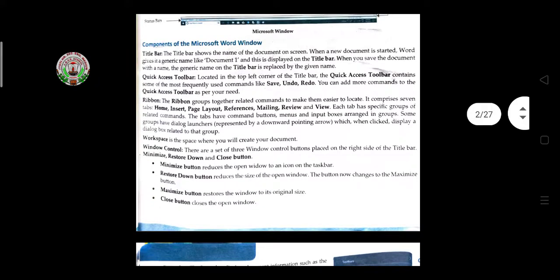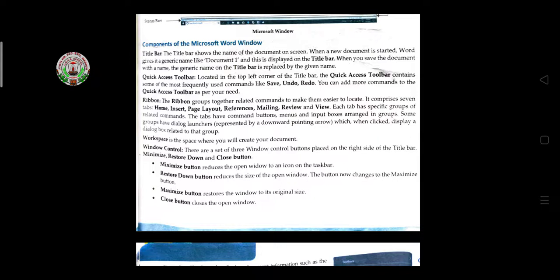Then ribbon. The ribbon groups together related commands to make them easier to locate. It comprises 7 tabs: Home, Insert, Page Layout, References, Mailings, Review, and View. Each tab has a specific group of related commands. The tabs have command buttons, menus, and input boxes arranged in groups. Some groups have dialog launchers represented by a downward pointing arrow, which when clicked displays a dialog box related to that group.